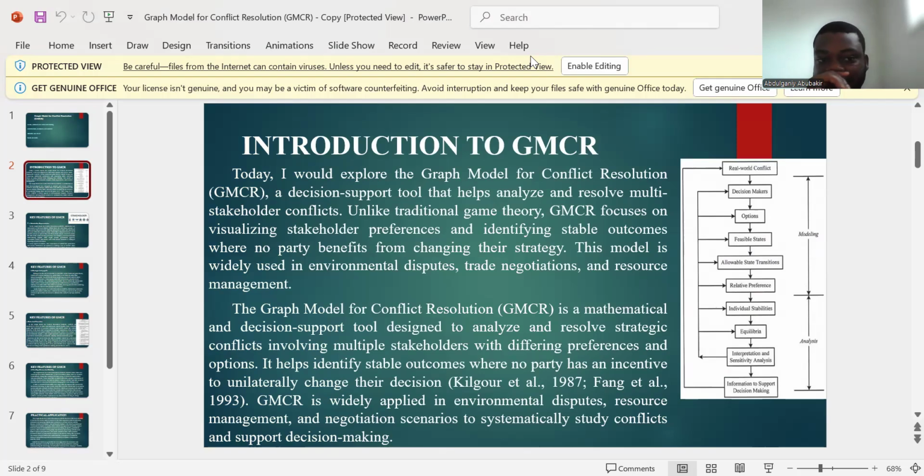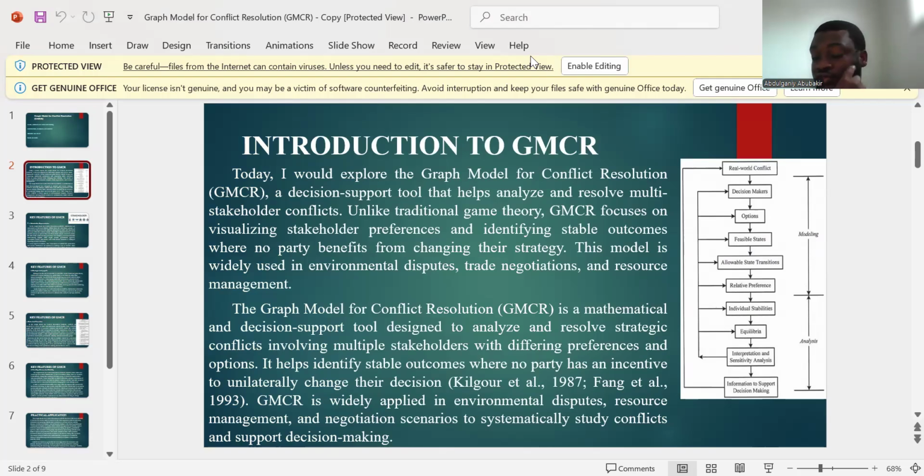So it's more like a decision supporting tool to help support decision making to resolve conflict. So it helps on